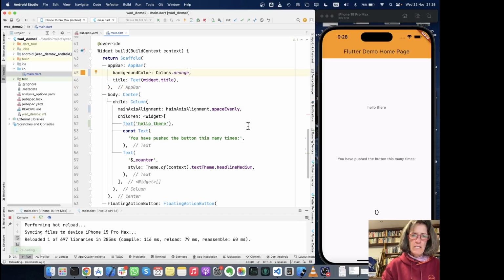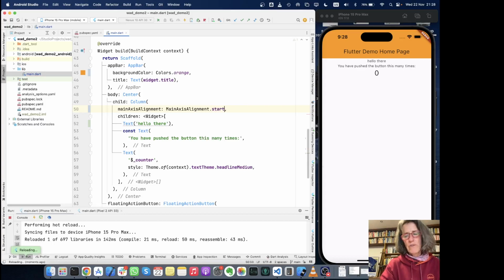There it is, and maybe let's move all the text to the top. Why not? Does my button work? Yes. So I hope you got convinced that the same code absolutely runs side by side on Android and iOS. It's very simple to switch back and forth, and the hot reloading by itself is, for me, the reason to stick with Flutter. It's so absolutely awesome.